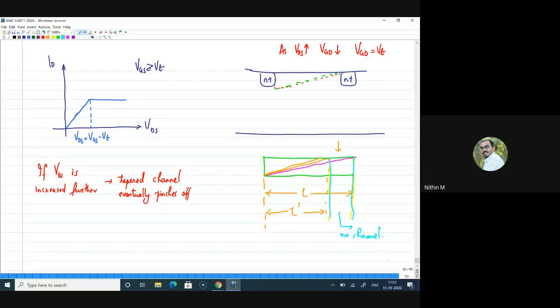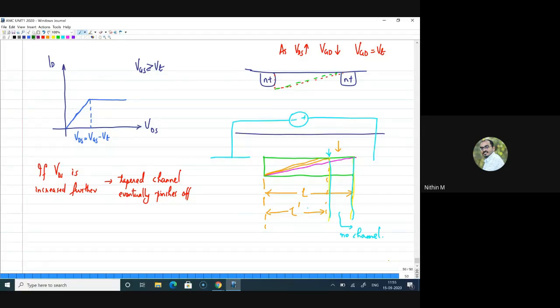Even in the absence of a channel, does this mean that the transistor cannot conduct current? If there is no channel, does it mean that the transistor cannot conduct current? If you ask me that question, I will say no, the device will still conduct current. The reason is that we know there is a channel available till this end, and we are applying a potential, a plus VDS, between these two terminals.